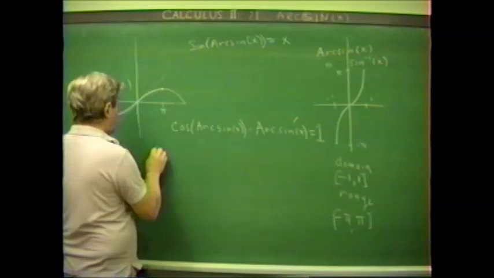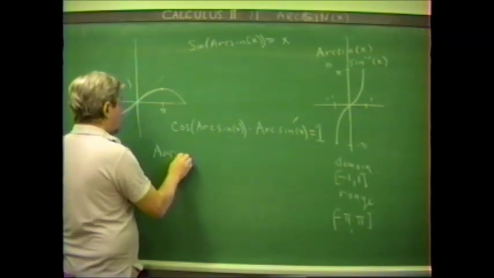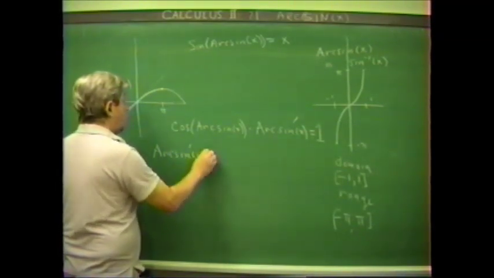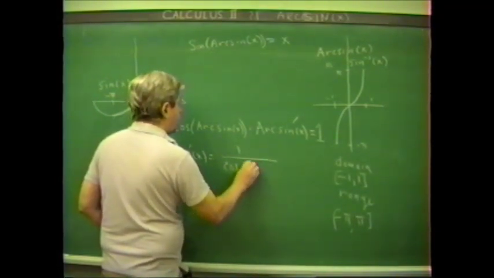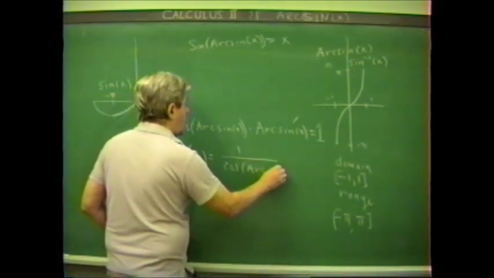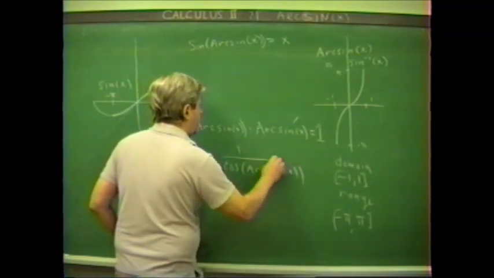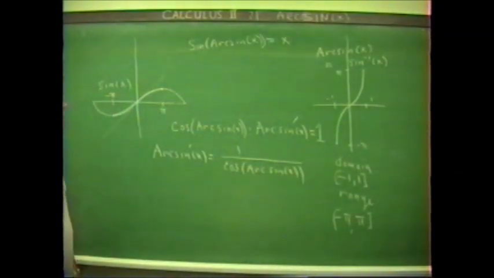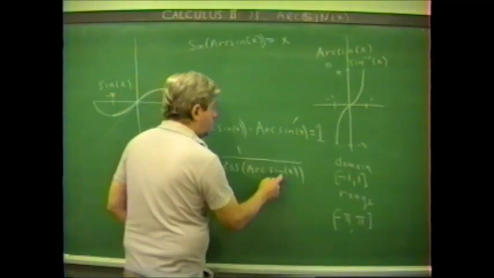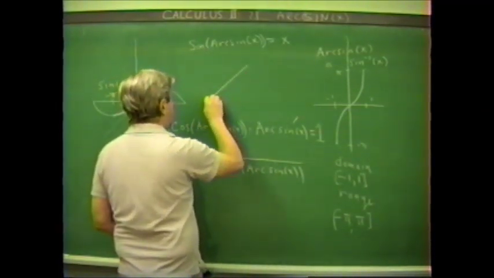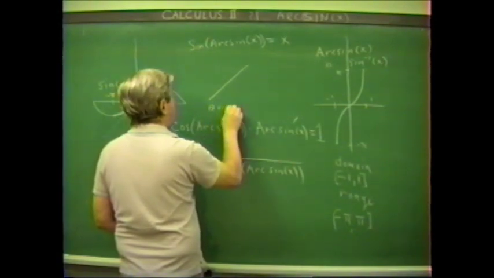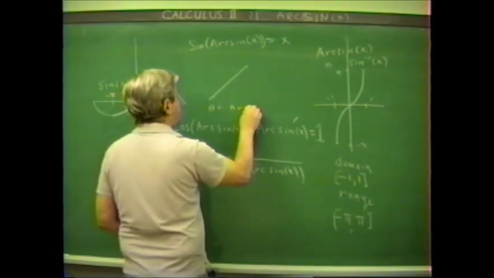So we get that the derivative of the arc sine is 1 over cosine of arc sine of x. And again, this is not in a convenient form. We want the cosine of the angle whose sine is x. So if we let theta be the angle whose sine is x, arc sine of x,